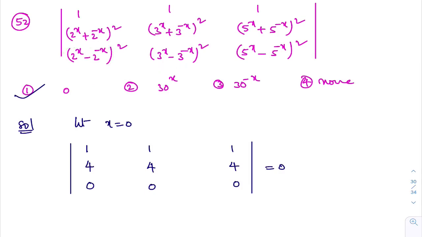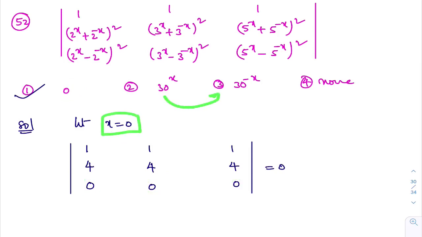1 minus 1 is 0. 0 minus 0. Try to understand what I am saying. When I put x equal to 0 in this third row, I am getting zeros in each element. So I got an idea of putting x equal to 0, I will get the answer very easily. You may wonder why I did not choose x equal to 1, why I chose x equal to 0 only. The initial idea is I put x equal to 0.